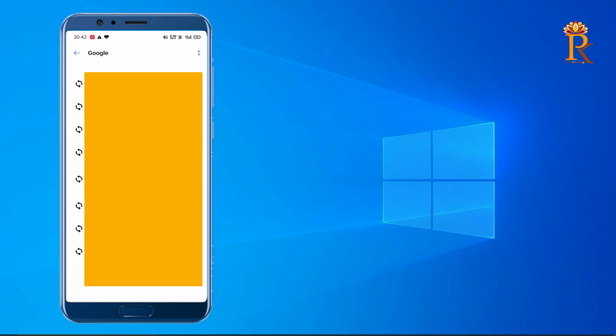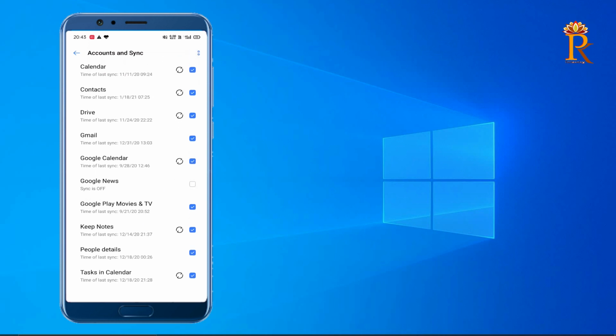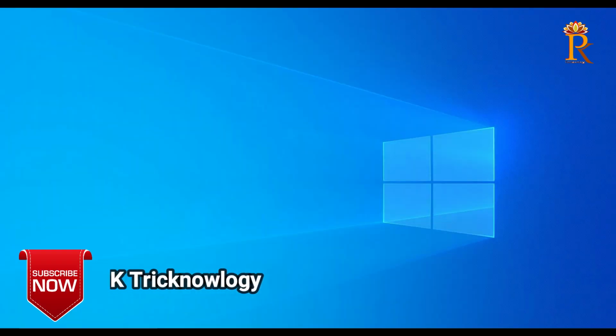You need to click on that particular account and click on Sync now. Once you sync, each and every detail and each and every event will be updated in your mobile phone and you will be able to join your class or meeting.